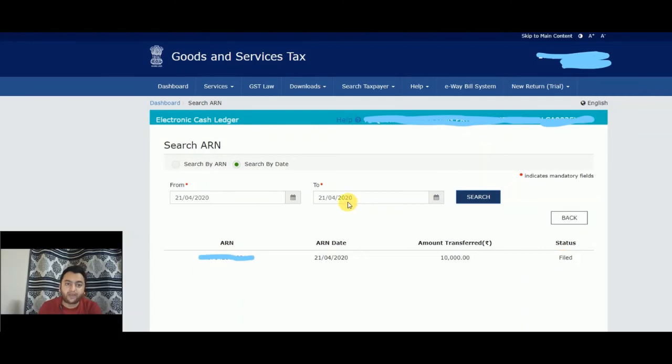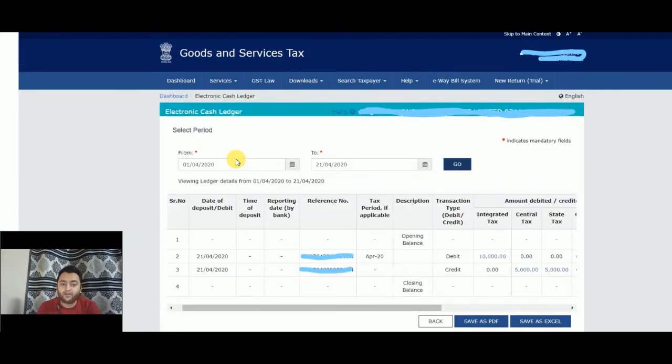So I will go to services, then ledger, then electronic cash ledger, and what is appearing is that on 21st of April 2020, I can clearly see there is a debit of integrated tax, because we transferred from integrated tax rupees 10,000, which is the major head, and the minor heads were 5,000 fees and 5,000 others. This amount was credited, transferred to central tax 5,000 and state tax 5,000.